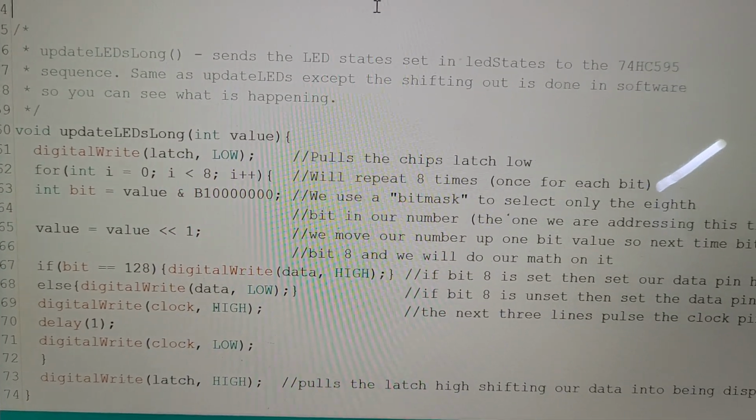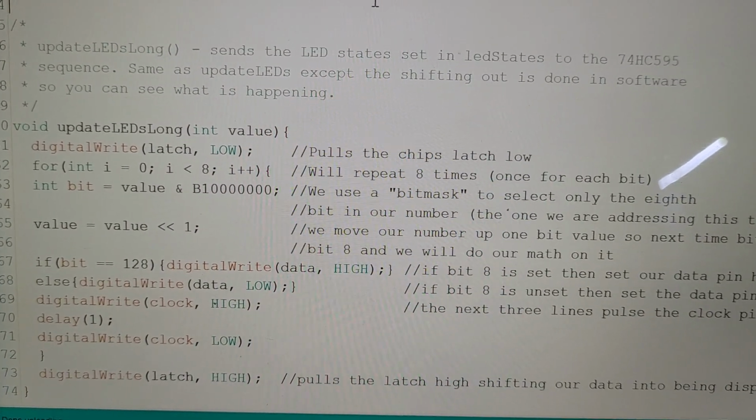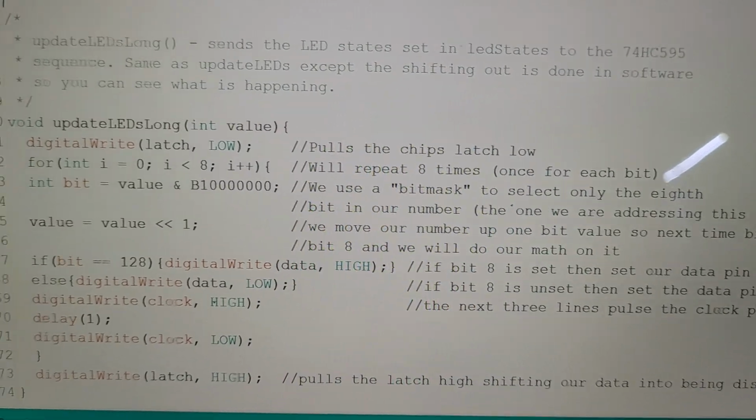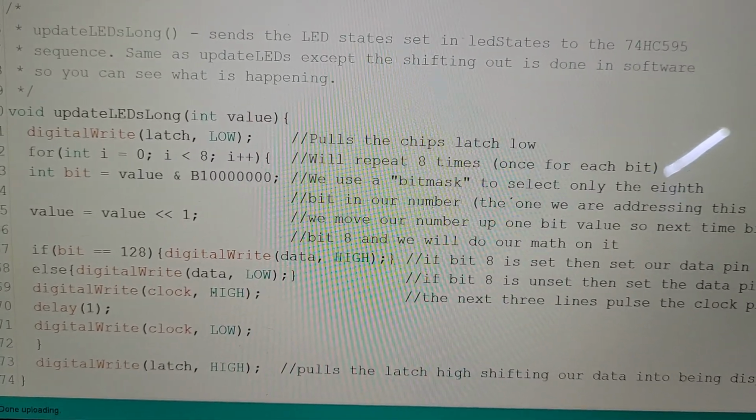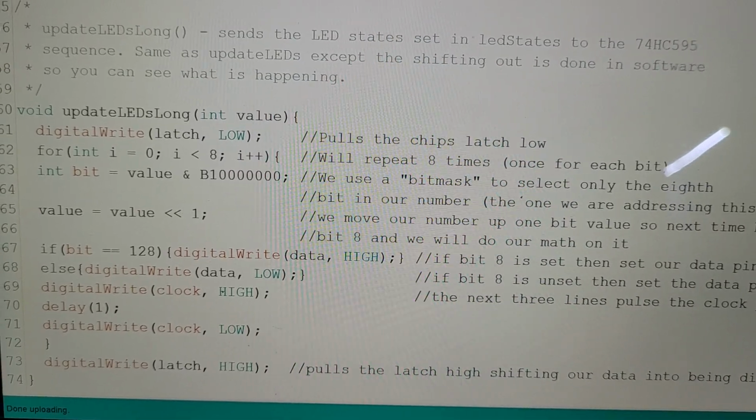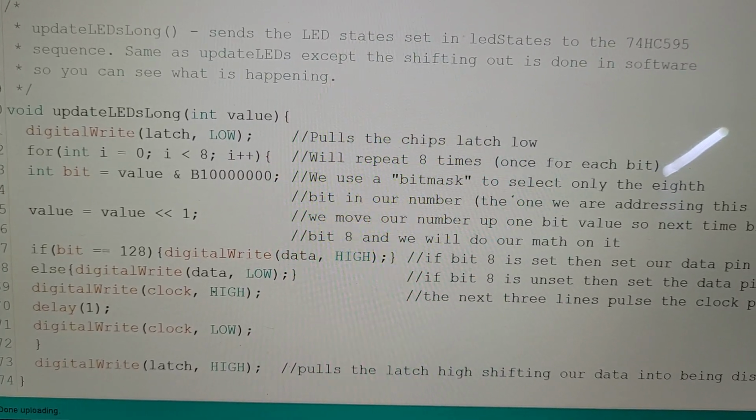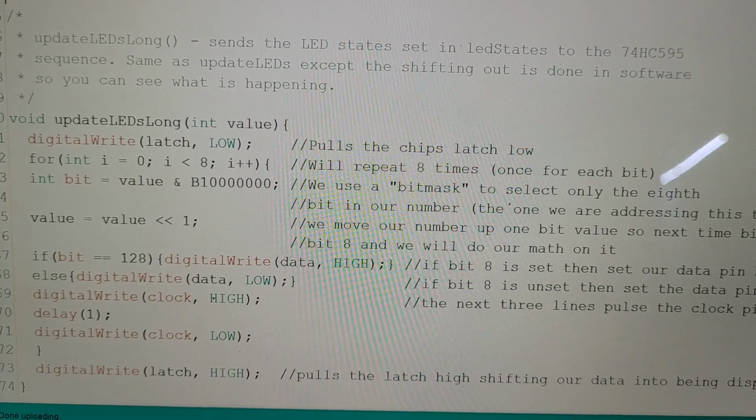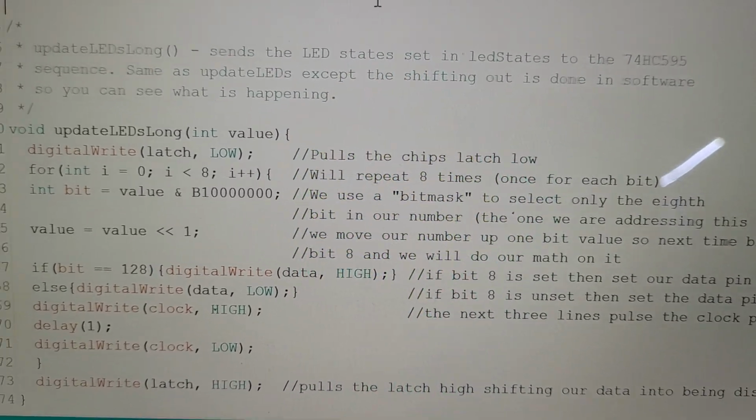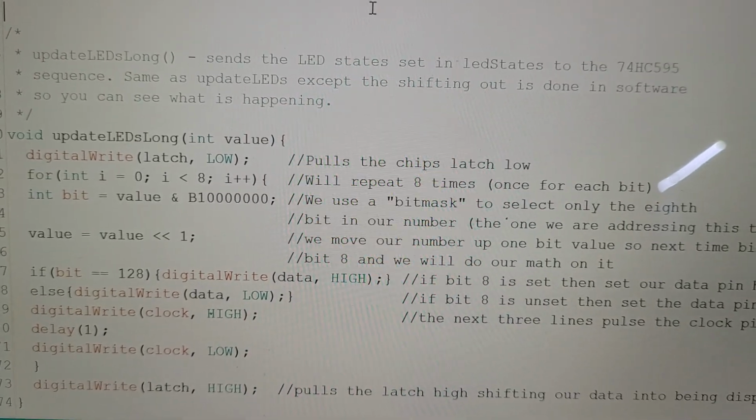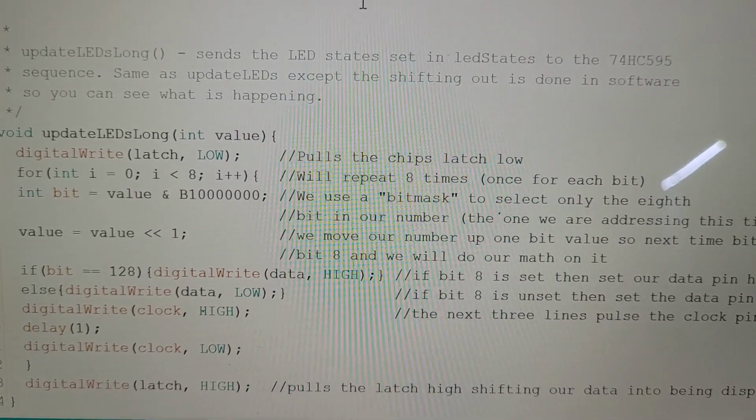We have the void update LEDs long, and this is going to be the loop that's going to be running, and it's going to be integer value, digital write latch low. We're going to have a for loop, and it's going to be the integer i equals 0, and if i is less than 8, it will be i++, which will add 1. Integer bit equals value, and B